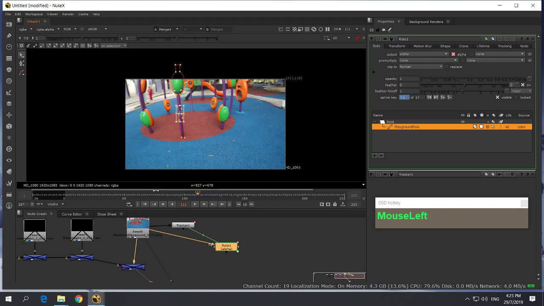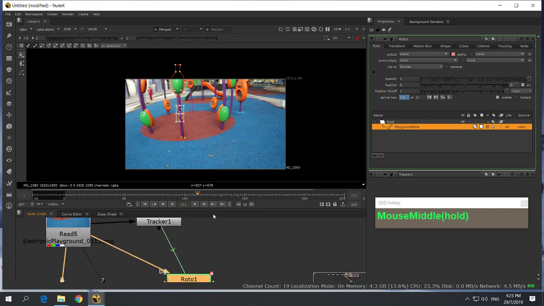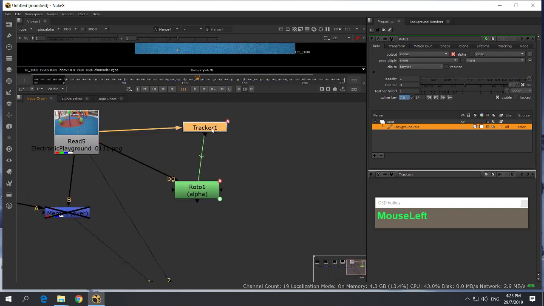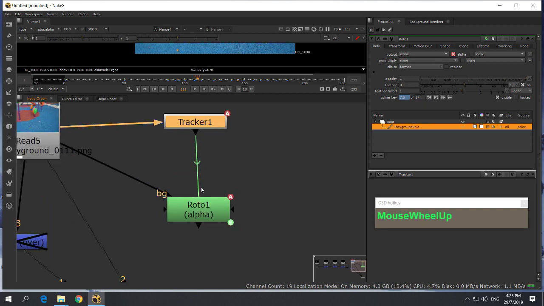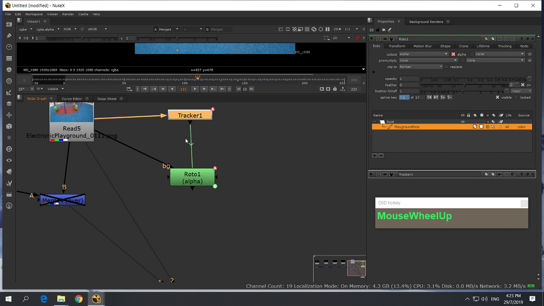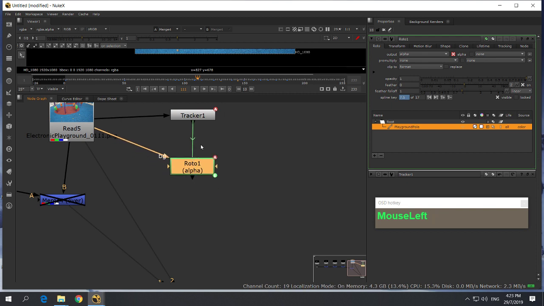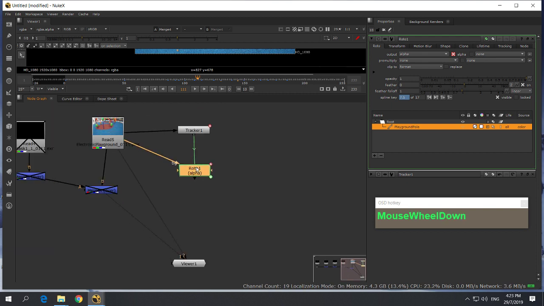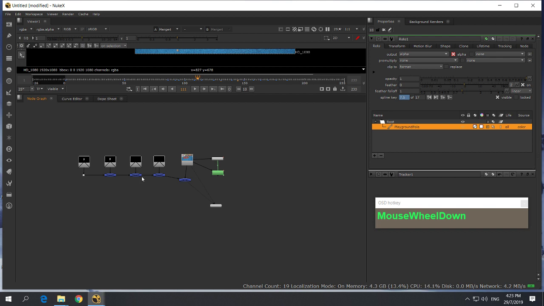I'm going to proceed by re-enabling my... Now, take note of this. Every time you have a linked information, you notice a green arrow and a link line. Whenever you see this, that means that the roto node is actually reading data. In this case, transform data from the tracker to the mask. That's why we see this green line here. All right, so now I'm going to re-enable my